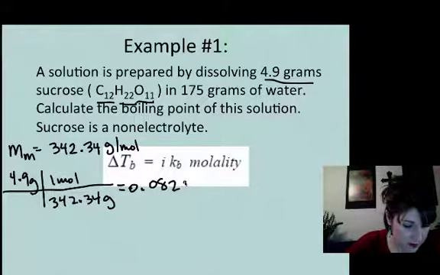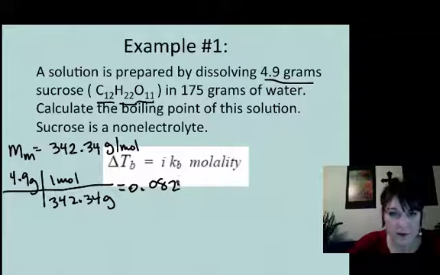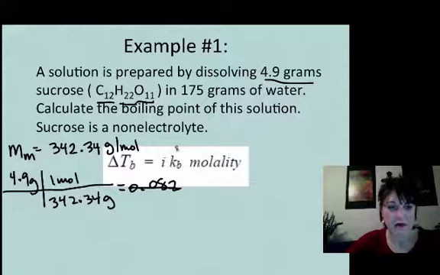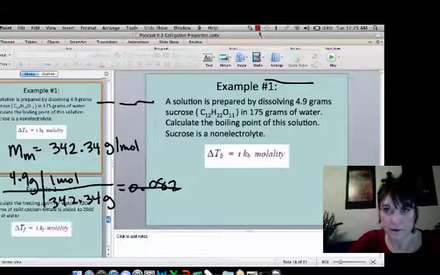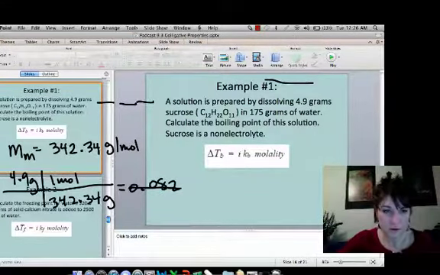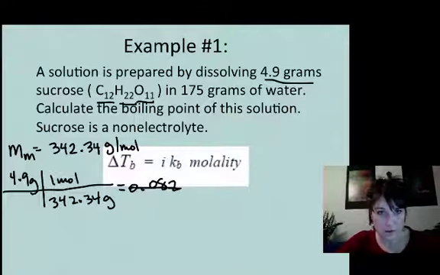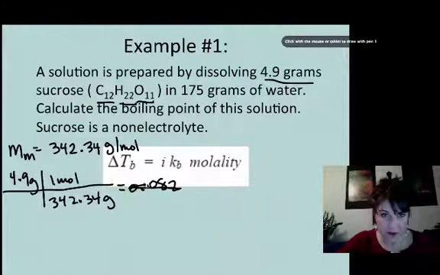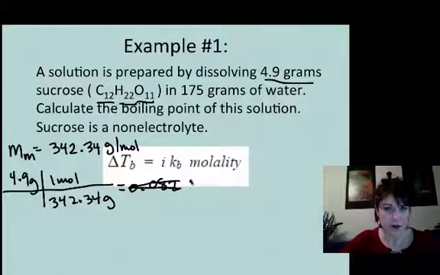No, that's my molality. Nowhere did I find this. I'm just skipping right ahead. Time for a calculator. Hang on, folks. Sorry about that. I was looking at the wrong number. So for the number of moles, I get 0.01431 moles